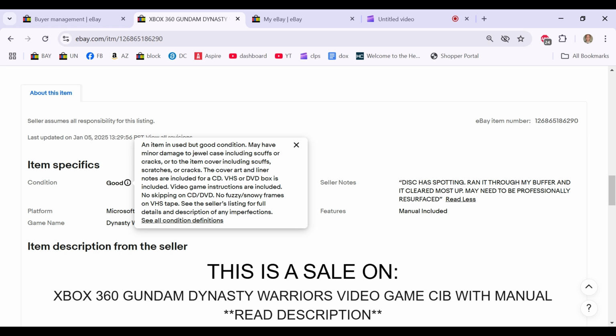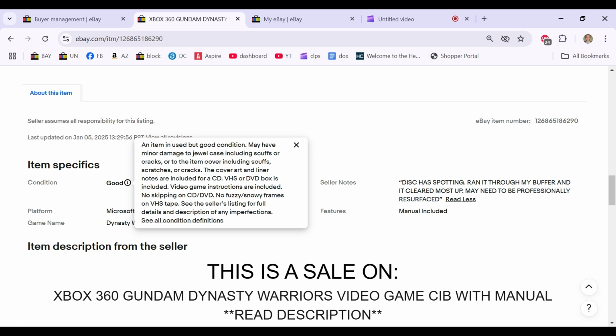So if you're selling just a VHS with no slip or no case, or a DVD with no slip and no case, it has to be listed as acceptable. So when I see people list DVDs as brand new and it's just an open container DVD with no container, just the disc,